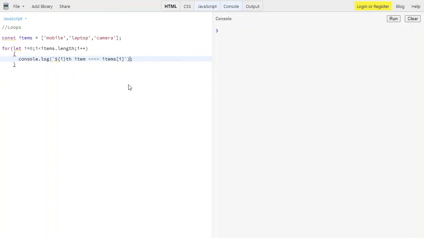Save it and try to execute using clear, and see I'm using backticks over here. You can find it just below the escape key, so try to run it.